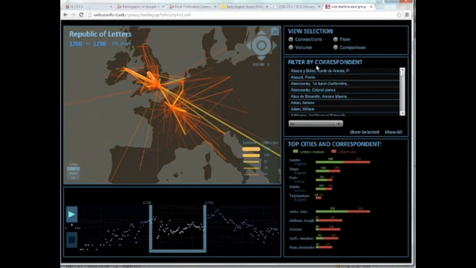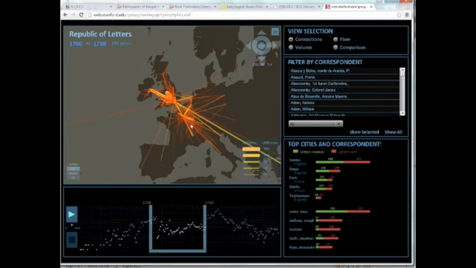It produced results partly reflected in visuals like this. Republic of Letters actually maps the flow of letters between different intellectual and cultural centers of Europe in the first half of the 18th century. And the results can be visualized in various ways. You have one before you, here's another, and you can go to the website and find out still more of these very attractive visuals, but more importantly, what they imply.